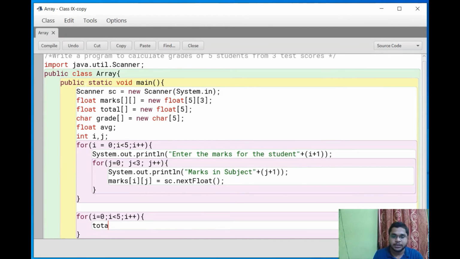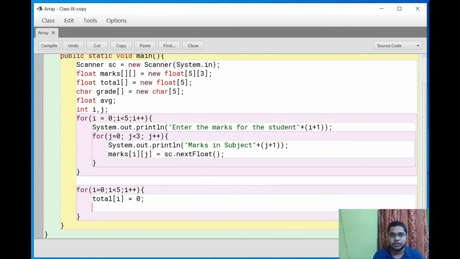Now I am initializing the array position total of i equals 0. By default it's initialized to 0, so that the calculation starts from 0. Then I am taking the inner loop, that is j equals 0, j less than equals 3, then j plus plus.